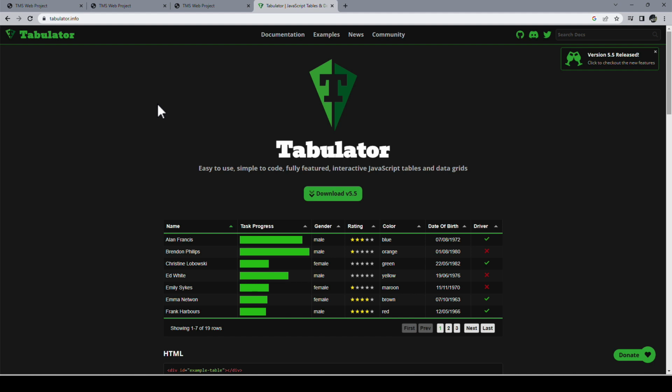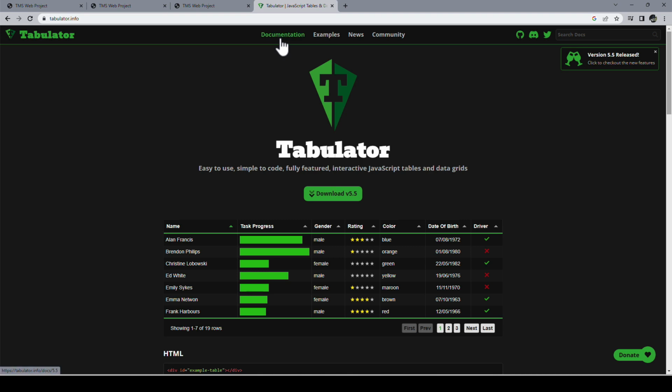First, the tabulator.info webpage is your friend. You see example after example. So that will help you, after doing this very simple example in TMS Web Core, to build on it, to build a more complex example. And the first step before you can start with it, you need to be able to include it into your TMS Web Core projects, because TMS Web Core by default does not have an entry in the JavaScript library manager. So what you need to do, you need to learn how to insert this into your project.